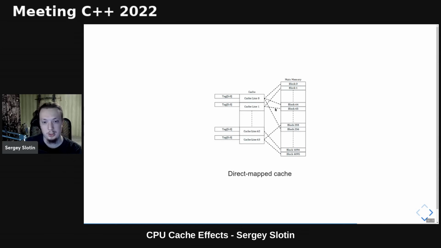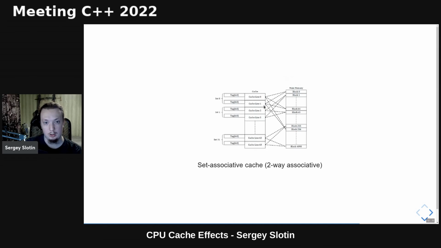So for that reason, we settle for something in between direct mapped and fully associative caches: the set associative cache. It splits the address space into equal groups, which separately act as small fully associative caches. It's like sharding in distributed computing. Associativity is the size of these sets, or in other words, how many different cache lines each data block can be mapped to. Higher associativity allows for more efficient utilization of cache space, but also increases its cost. For example, on my CPU, the L3 cache is 16-way associative, while L1 and L2 caches are 4-way associative.